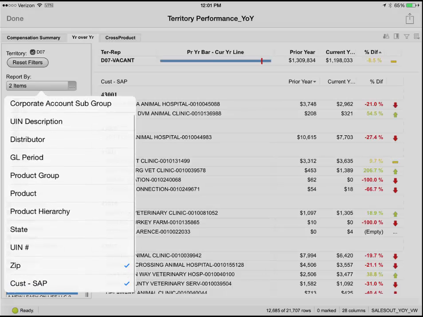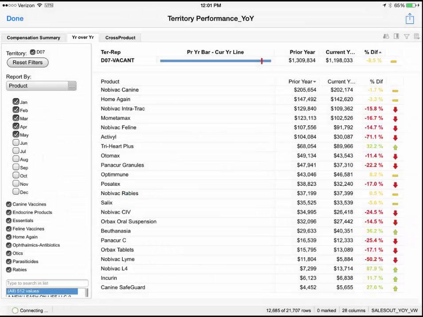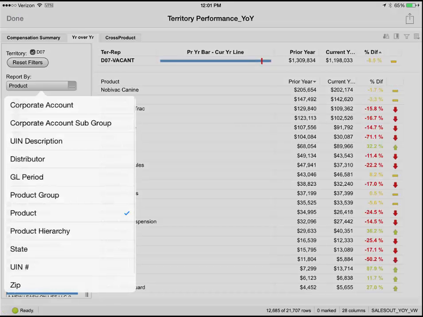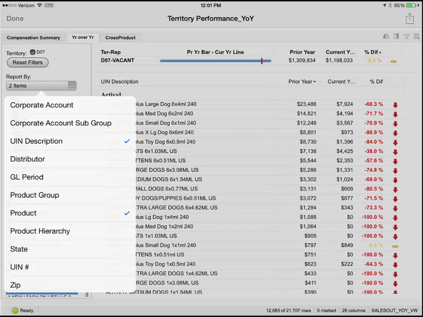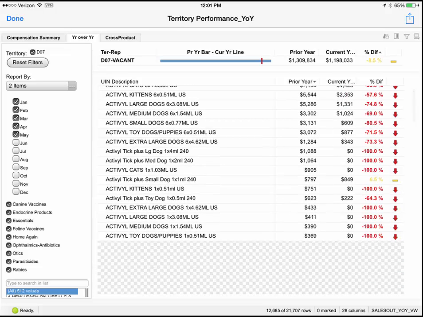I'm going to deselect these two. I want to see at the product level. I want to see what's going on at the product level, and I have all my products. Maybe I want to see product level, and underneath product level I want to see the UINs that make up each of those products. So now for each product, there's Activil, there's quite a few SKUs underneath, so there's all the UINs for